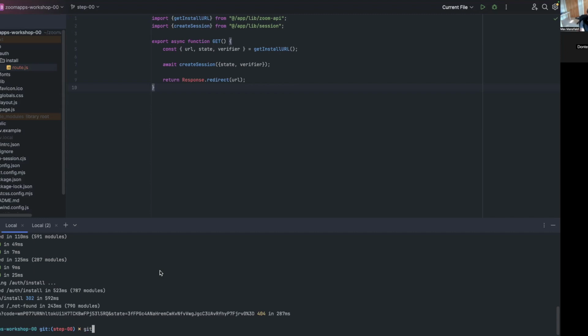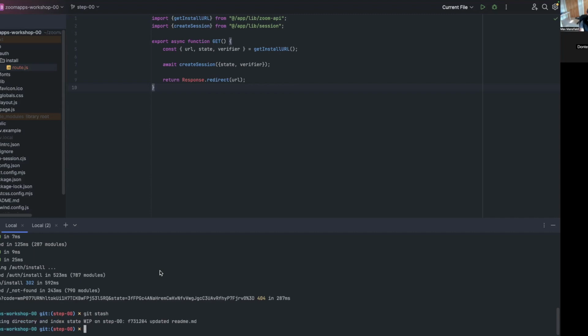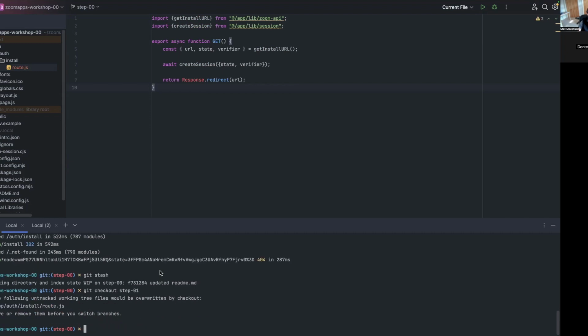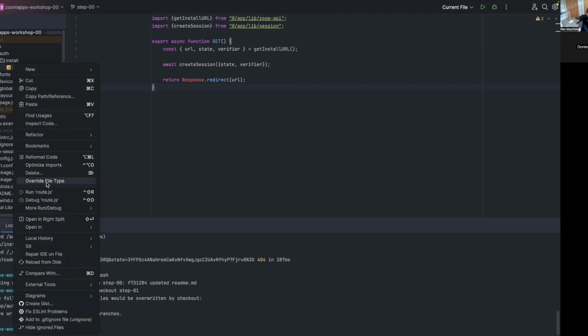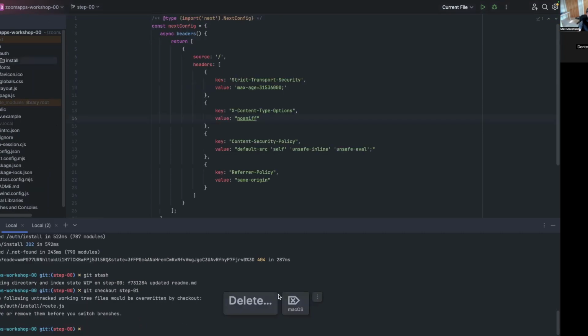So I'm going to remove my changes here, and I'm going to check out the second step, which is actually step one. Sorry, I actually have to delete this file. This is confusing, but the step here that I'm about to check out is what we just did. So if you're following along or you just want to see the code, you can check out step one, and that will take you from